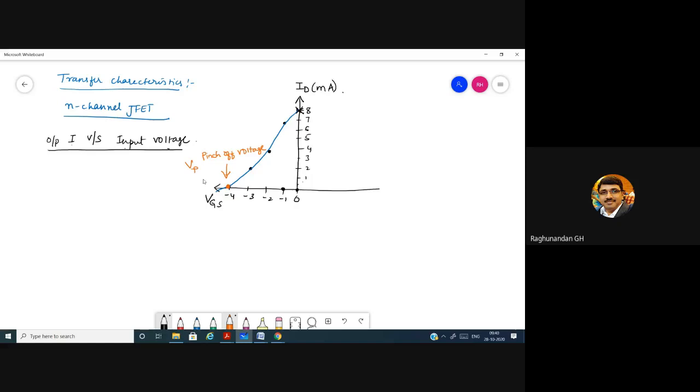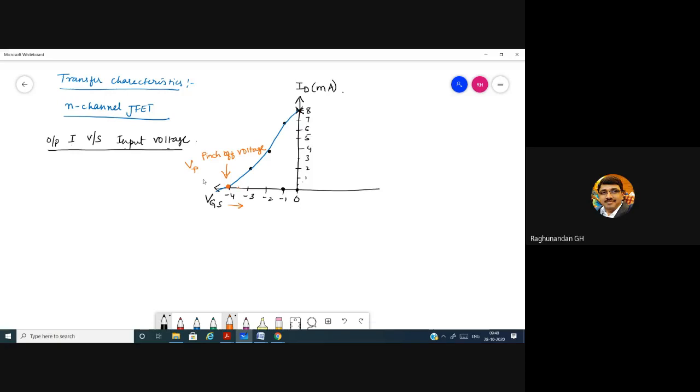Or in another way, can you see here? When, let us assume from -4, I'm going in this direction, I keep on giving -4. After that, I'll keep -3.5. After that, I'll give -3. What happens when I change -4 to -3.5? Current will increase. In the same way, if I go in this direction, what happens?